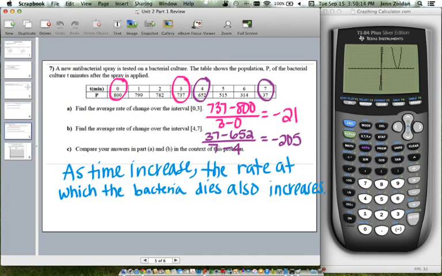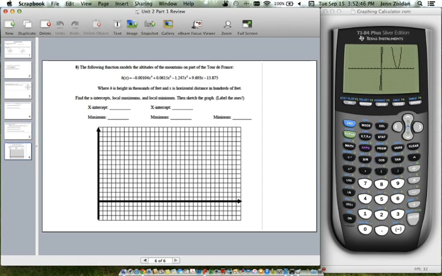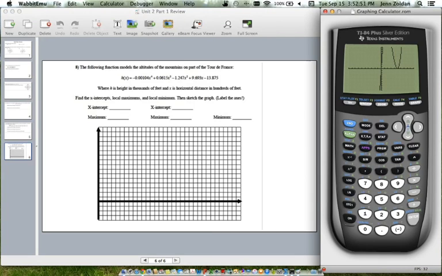Alright, so let's look at number 8. Okay, so number 8 is the graphing calculator problem. So we'll go back to the graphing calculator. We are going to type this in exactly how it looks. So I did that wrong. That should be a negative instead of a minus. So negative 0.00104 x to the 4th. I forgot the little caret key. X to the 4th